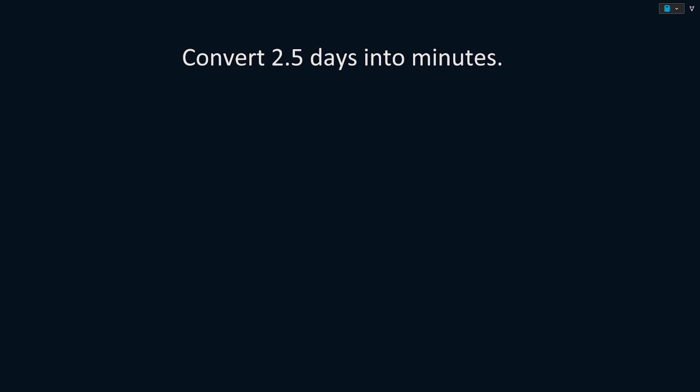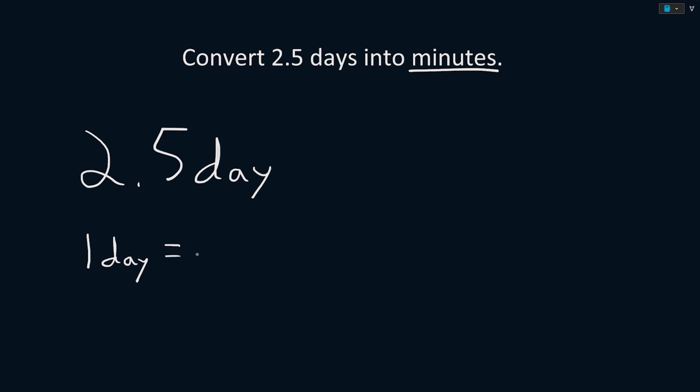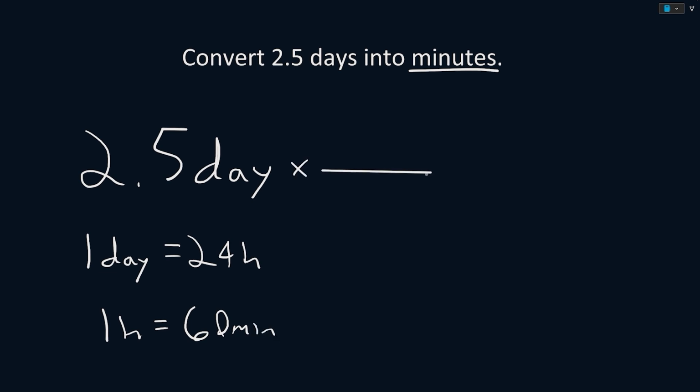Convert 2.5 days into minutes. We were given 2.5 days, and we want to convert them to minutes. We know that in 1 day, there's 24 hours, and that 1 hour is equal to 60 minutes. So first we must convert days to hours by multiplying through our conversion factor of 24 hours in every 1